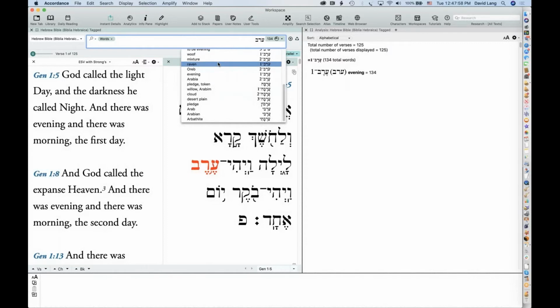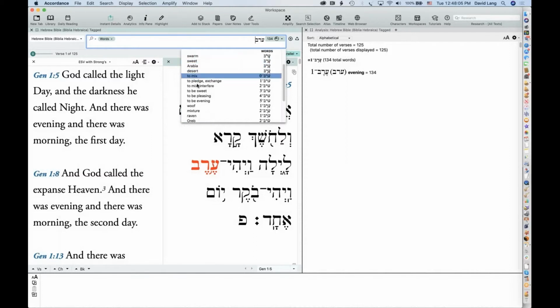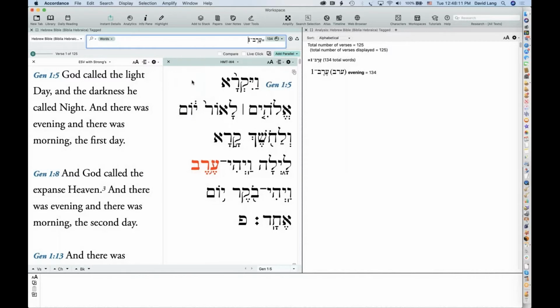So I can go down and find evening, and I can select that and do the search that way. Okay, so that's the equal sign for exact searching, for taking the vowel points into account.